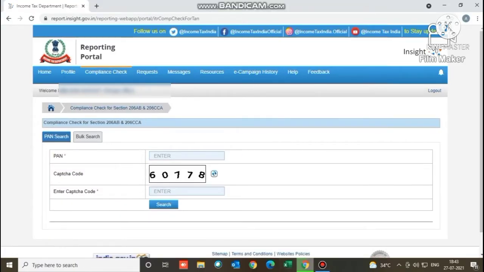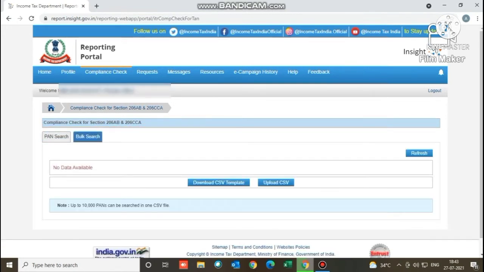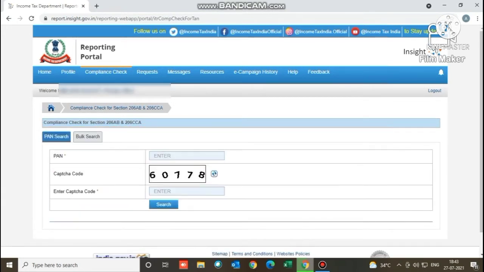In order to help us, the Income Tax Department has provided a new functionality as compliance check to facilitate tax deductors or collectors to verify if a person is a specified person as per these sections. This functionality is made available through the reporting portal of the Income Tax Department, and we are going to see the